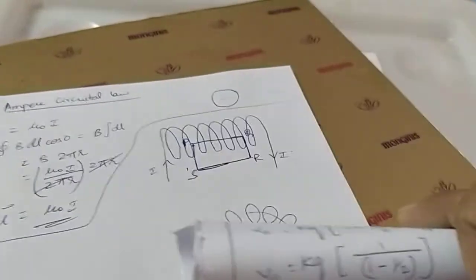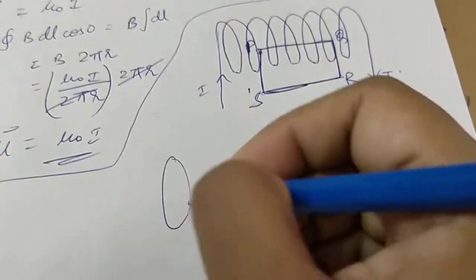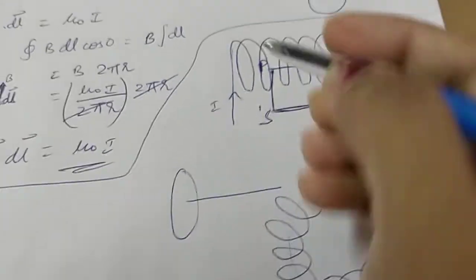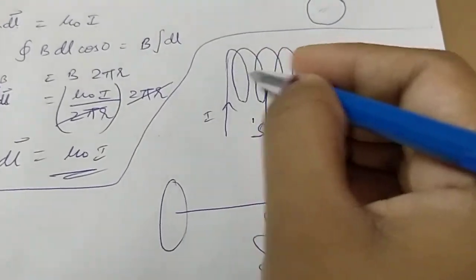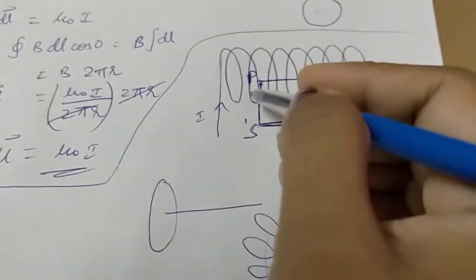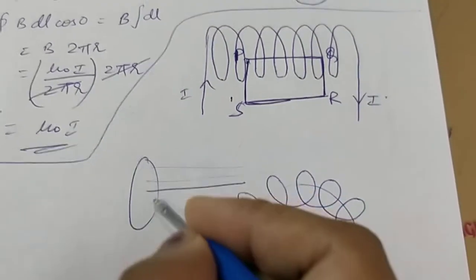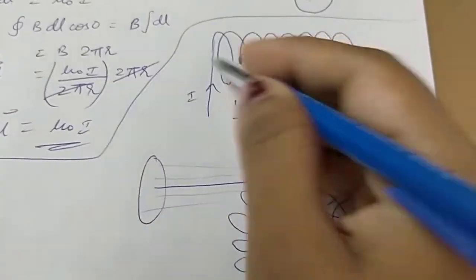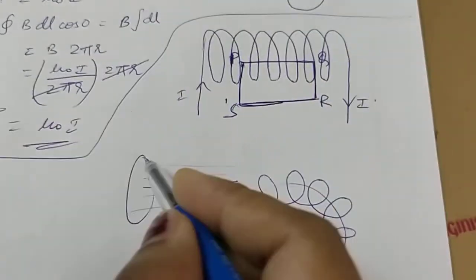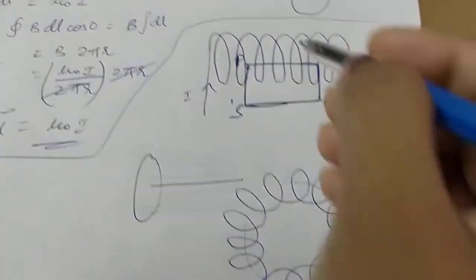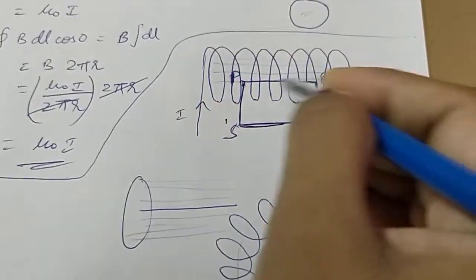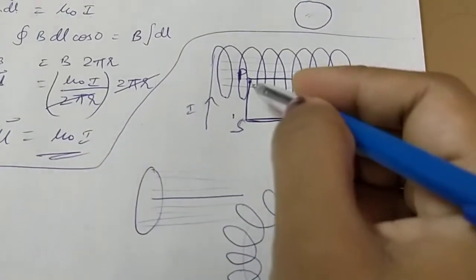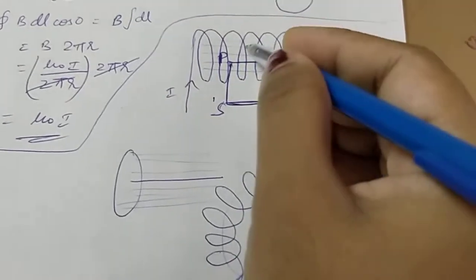For the solenoid, before this we have done the proof for the magnetic field on the axis of a circular coil. Now there are so many circular loops, and this is the axis. If we see the direction of the magnetic field, it is all inside along the axis. Inside it is a uniform magnetic field. At the end it becomes half, but inside it is uniform. You can draw equi-spaced parallel lines. So this is the direction of the magnetic field, and this part of the rectangle is inside the magnetic field region.